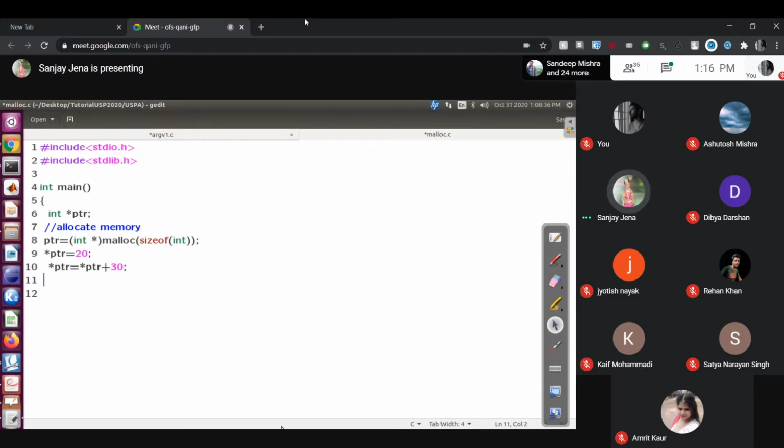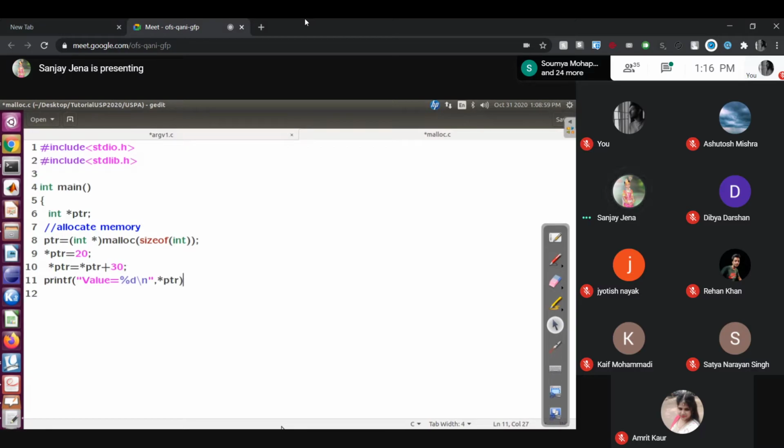Value updated. printf, right, value equals percentage d slash n, comma value, what pointer, star ptr.